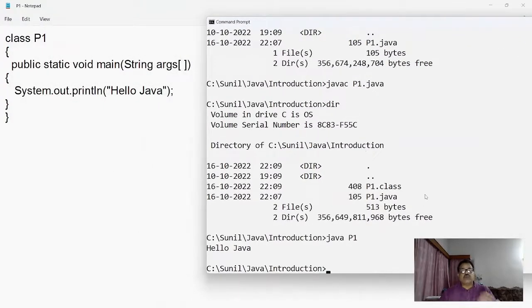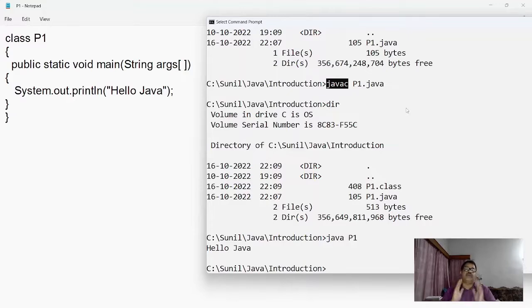Now I want to explain what the main responsibility of this Java compiler, javac, is. Actually, in any programming environment, the compiler has mainly two responsibilities.